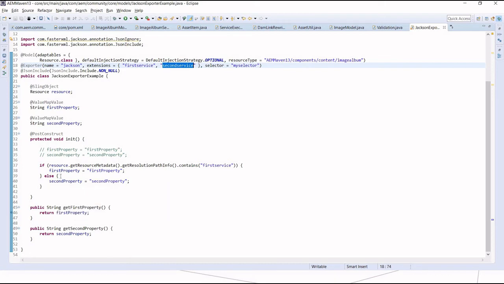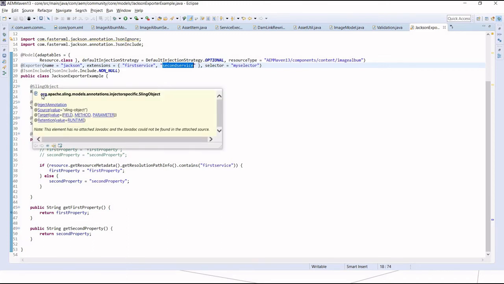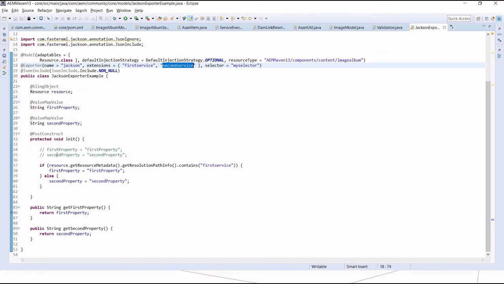Okay, now another use case I'm going to talk about is, sometimes within my Sling model, maybe I'm using n number of properties, but out of those n properties I just want to export a few of them, and other properties I just don't want to expose.